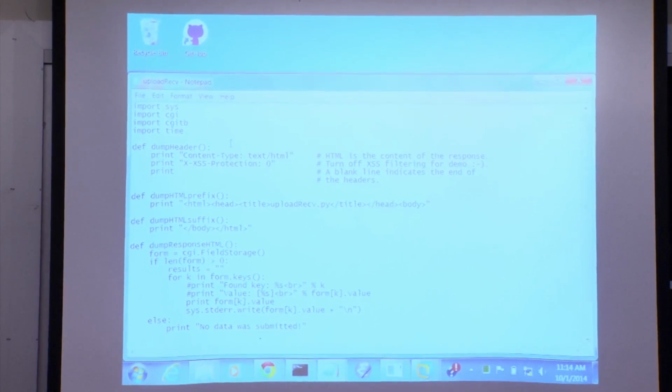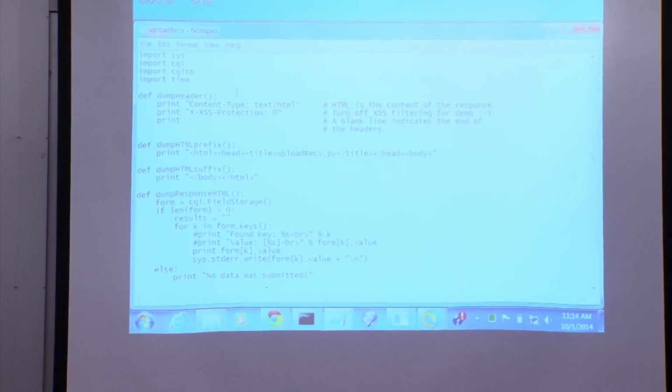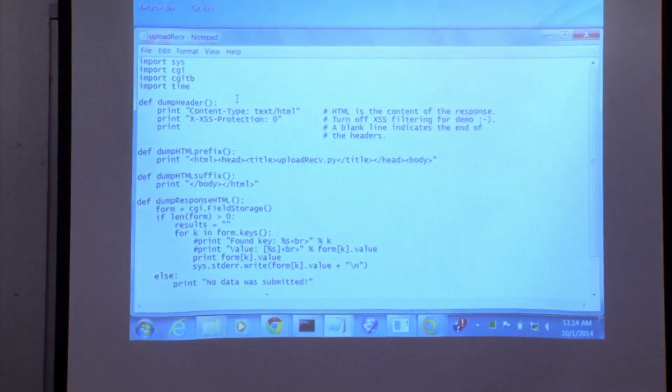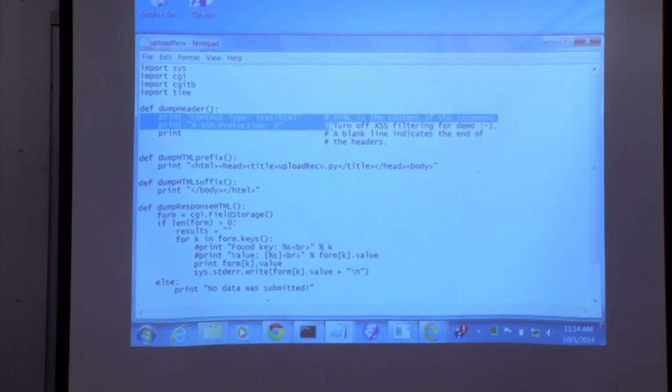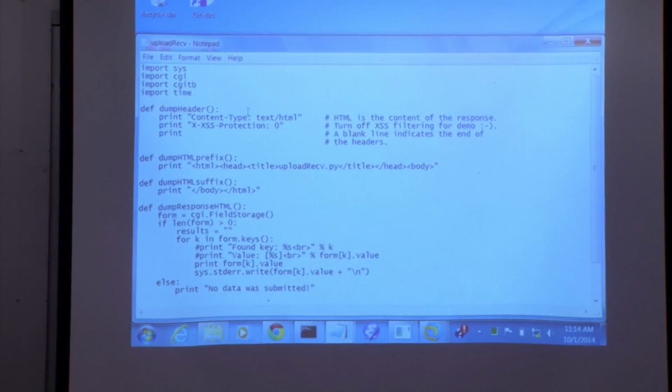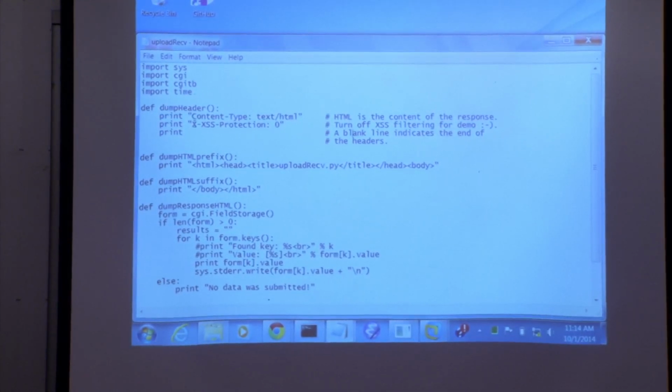This is going to be the handler that executes when a request comes in from the client. Essentially what happens is that up here, I'm going to print some headers for the response, right? So I'm going to say my response is going to be of type text/html. This line here we'll actually explain in a second, right? As it turns out, browsers have some security mechanisms to try to prevent the attack that I'm about to show you, right? So I put that header line in there to turn some of the protections off, right?